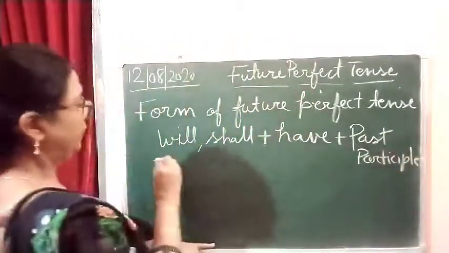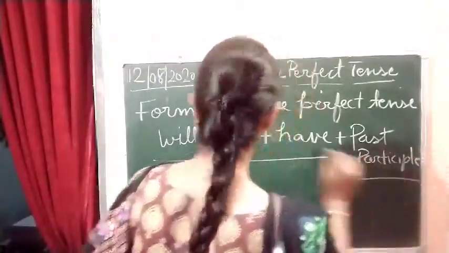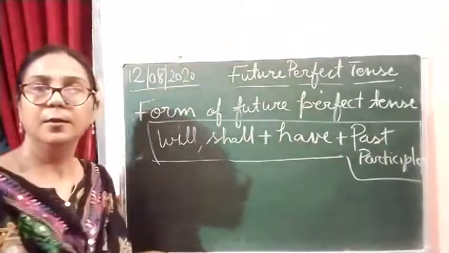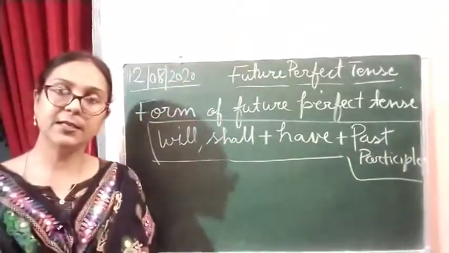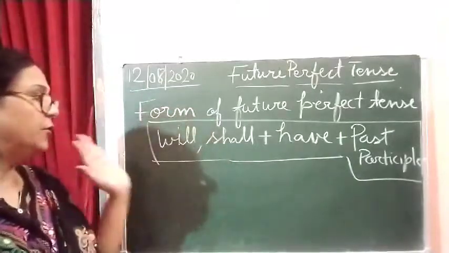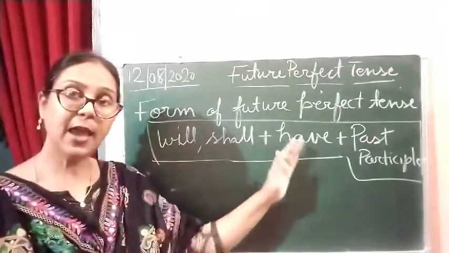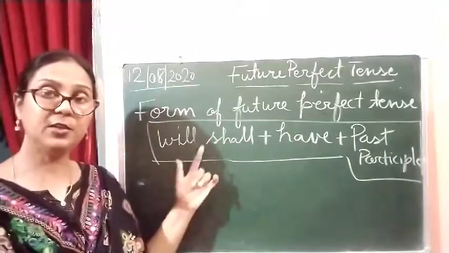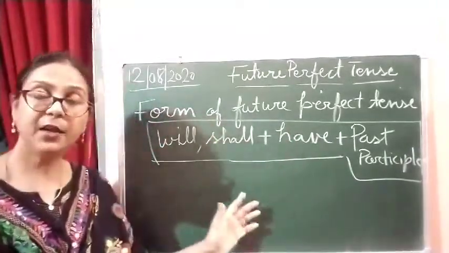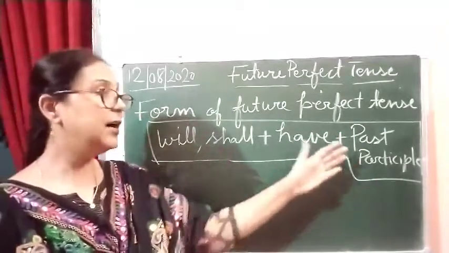This formula we have to learn because whenever we make future perfect tense sentences, this formula will be used: will or shall, plus have, so will have and shall have, then the past participle. Past participle